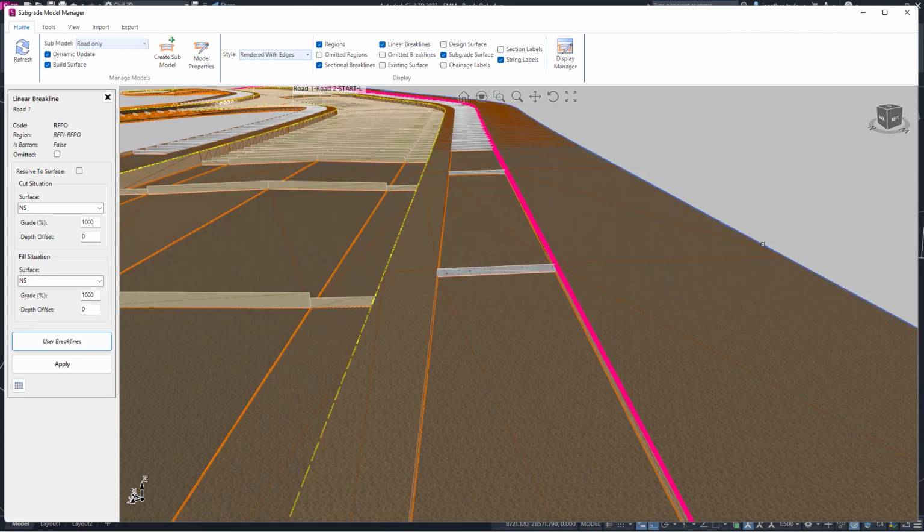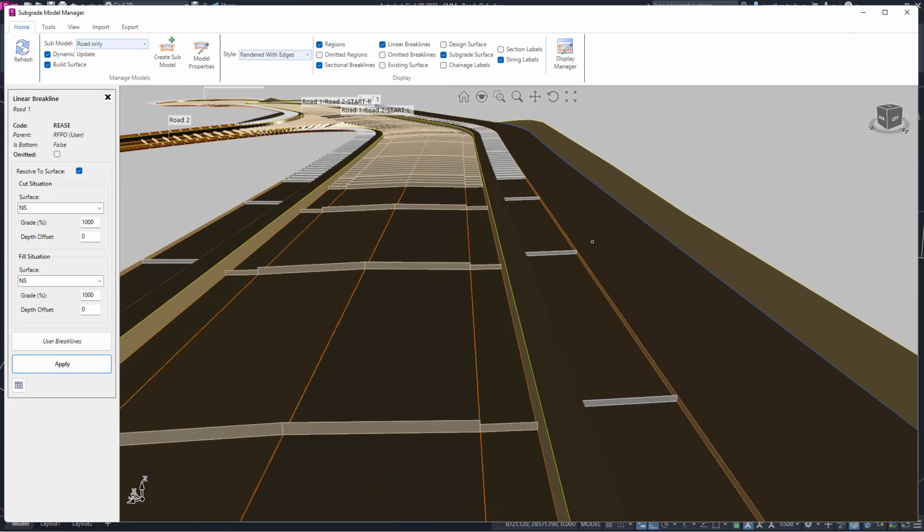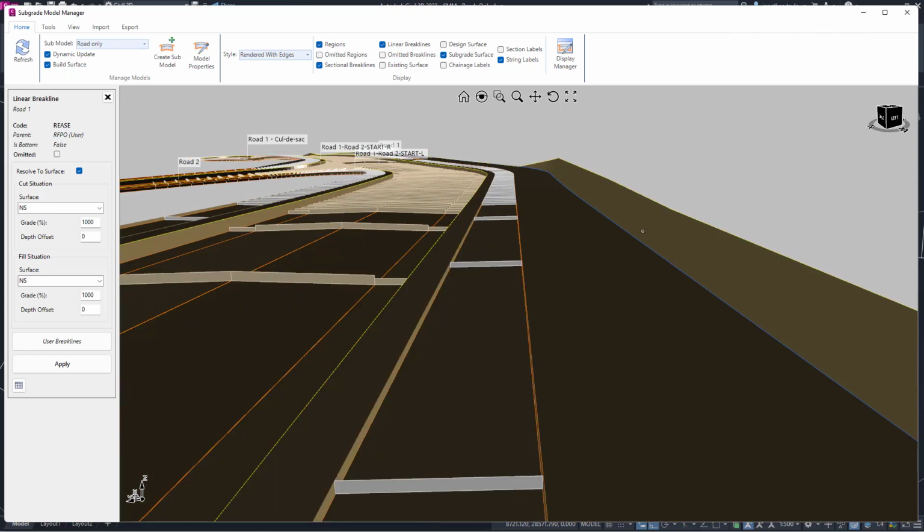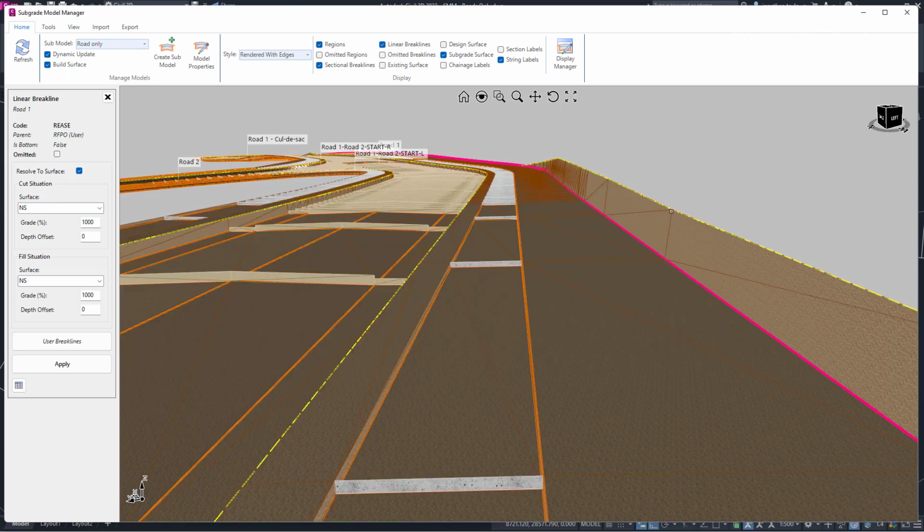Now, when we left click on that user break line, which is in blue, we can see using the linear break line editor on the left hand side here how that has been set up. You can see there's our code, there is our parent, which is a user. We can now resolve to surface. So I click on resolve to surface, and instead of resolving to the design, because that doesn't exist out there, we're going to be picking the NS and click apply. So you can see there we've now created a user break line and then used a resolve to connect us back